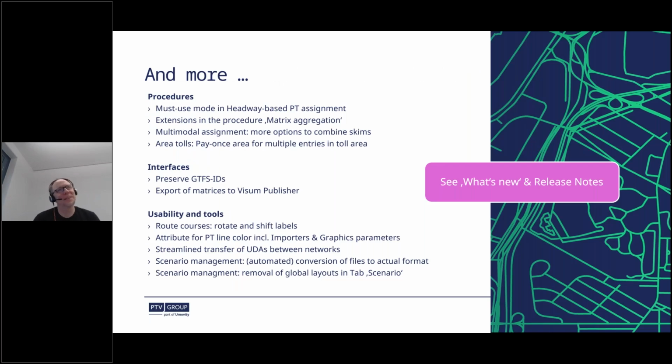Besides that, of course, as always, Visum is a large tool and we are working on many areas. So there's many further additions which we've done, for instance, in the matrix aggregation, in the multimodal assignment, there's new options. We've done a few things in scenario management, which are streamlining the usage of that a little bit. So in particular, you will now be able to update all files used in scenario management to the most recent